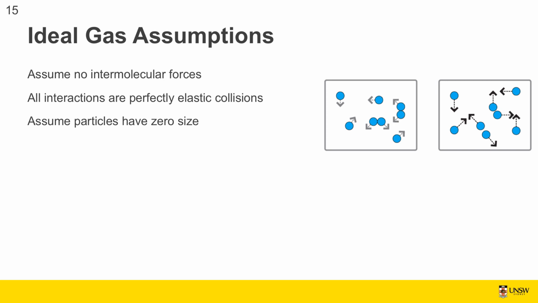For the ideal gas assumption, which is what you did in physics, and we use it here as well, we'll talk about some modifications to it, but we'll use it here as well. We assume there's no intermolecular forces. We assume everything's just like spheres and they bounce off one another, perfectly elastic. No attraction as molecules get close together, which is what they do. They attract to one another. We assume they all bounce perfectly elastically, and we assume they have no size,